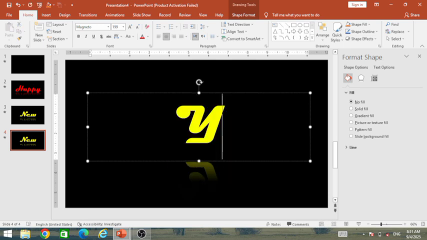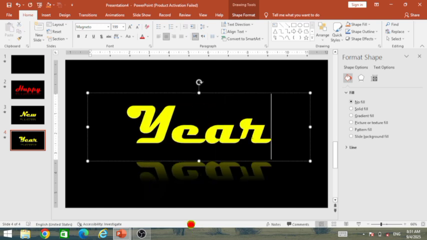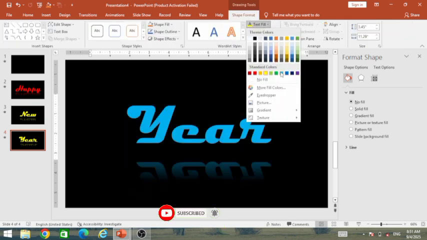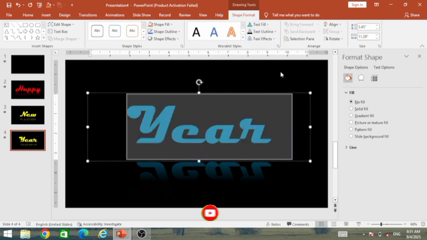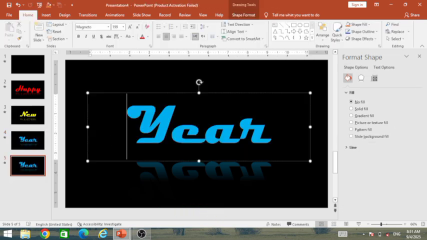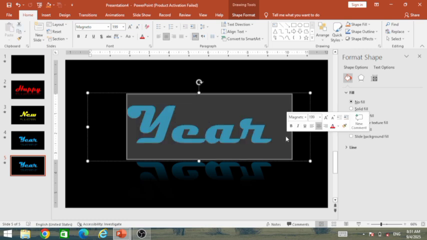Let me write here year. Now this is perfect. Select the text from here, go to shape format, go to text fill. Let me select this color from here. Now select again the slide, make it duplicate. Select the text box. Now let me write here